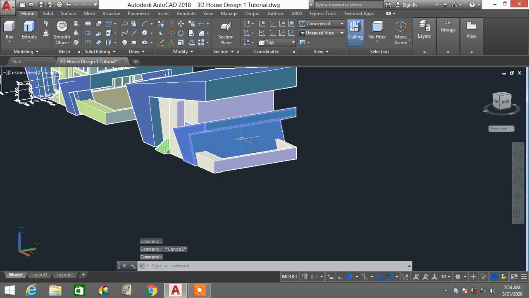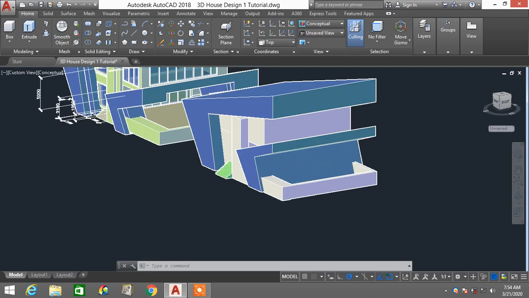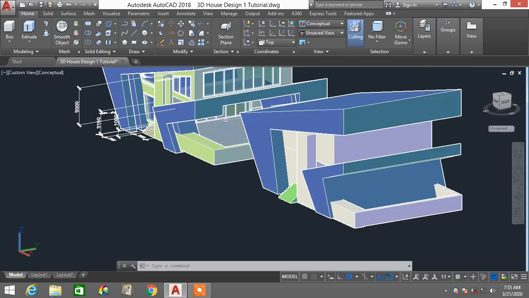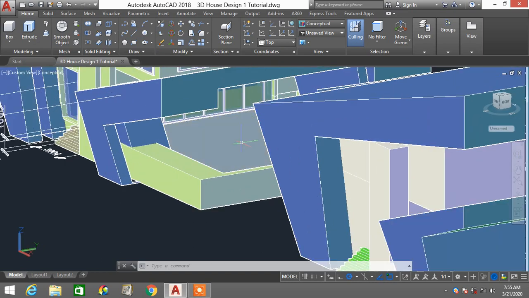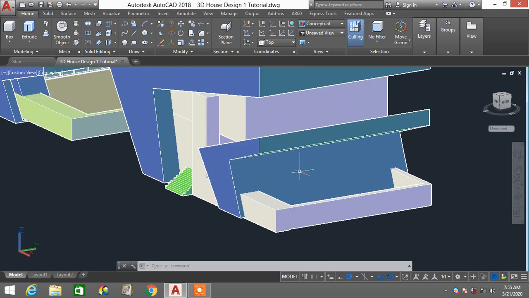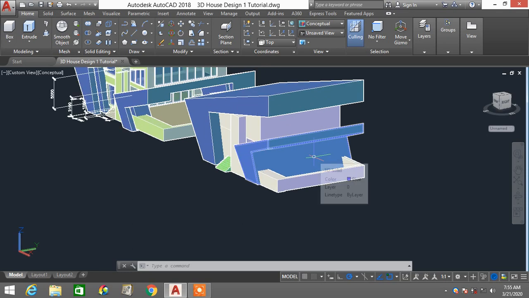but you need to get rid of the center part of this roof, because if you look at this 3D design, right, this part is actually empty. So you need to slice out this center part of this roof. So you can establish this by using the slice command. So you can just